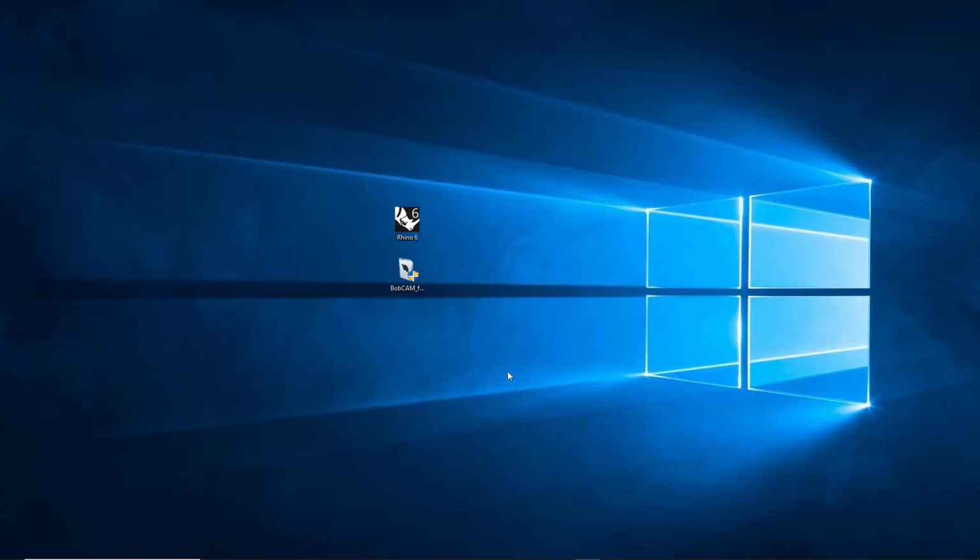And now to run that, you're going to go ahead and launch your Rhino 6 or Rhino 7, depending on which version you're running. And then in the next video, we're going to go through the registration and enabling of the add-on. And that concludes the video on just the installation for Bobcam for Rhino V1.